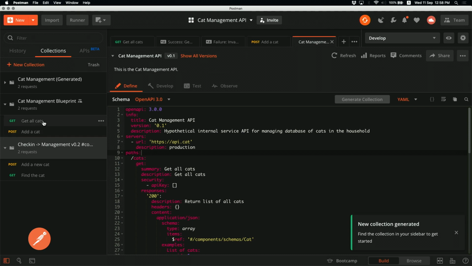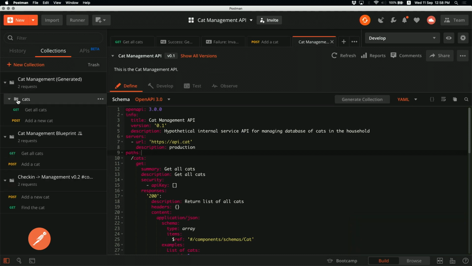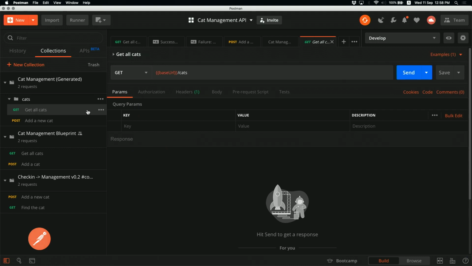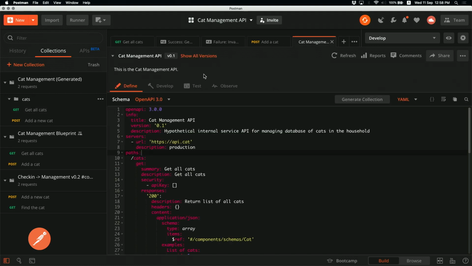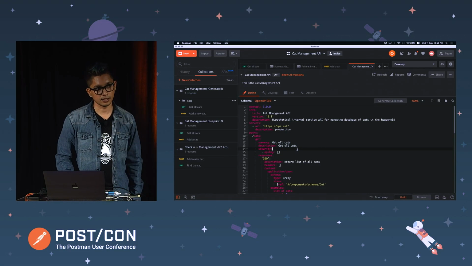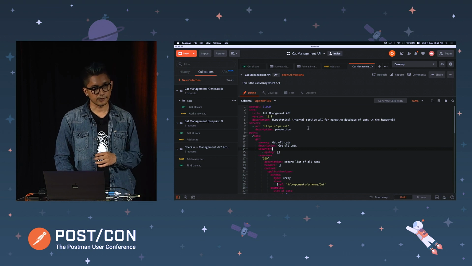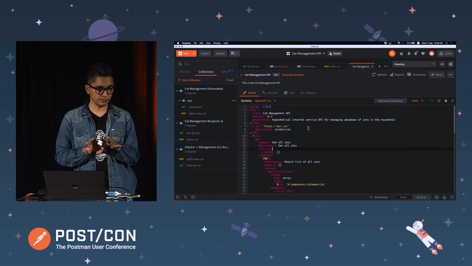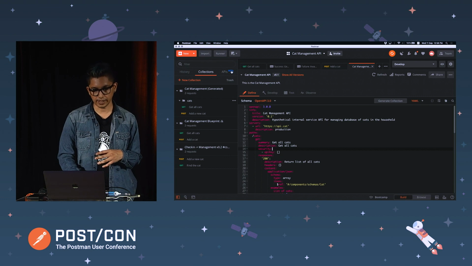So this generated the way the OpenAPI importer would work. Internally, it's just calling the OpenAPI importer and generating the collection. Now, going ahead, what we would probably have is a way that when you update the schema here, it also updates the connected collection. That doesn't happen today, which is why there is the beta label on that,